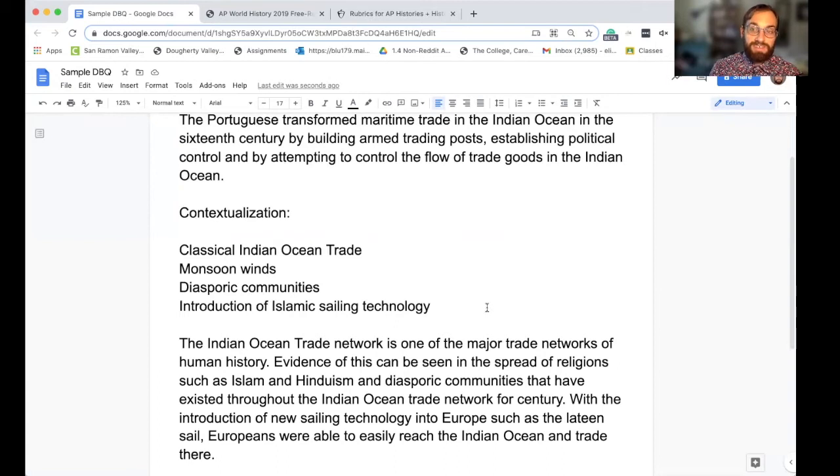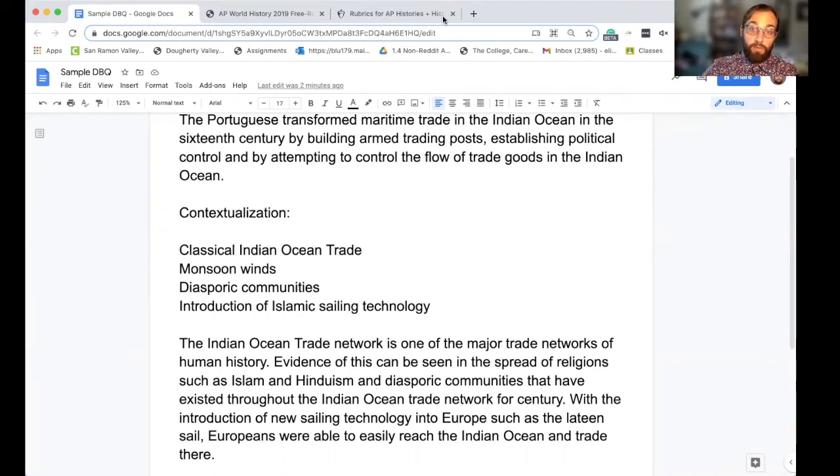But my recommendation is this: think about the big ideas and think about some of the big key terms you might have learned in class. Think about some of those go-to examples, some of those sailing technologies that you learned about, some of those key terms you learned about, like sailing technologies, universal religions. This will help make it a lot easier. But it would really help your context if you just put 1 or 2 specific examples in there.